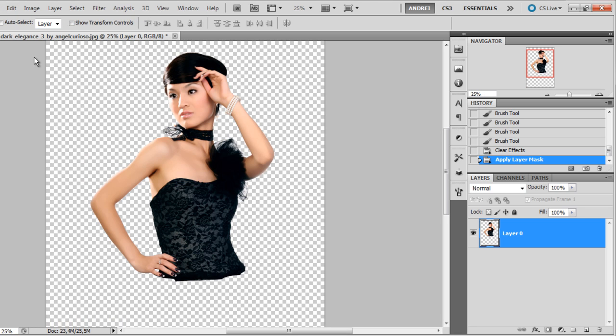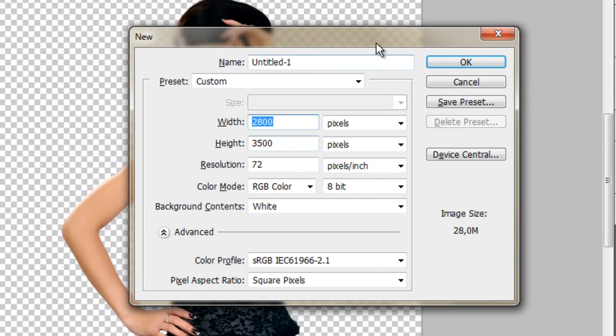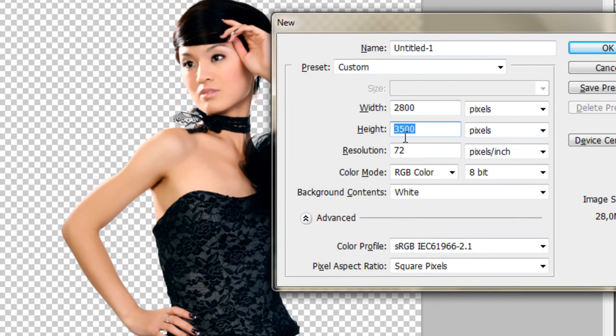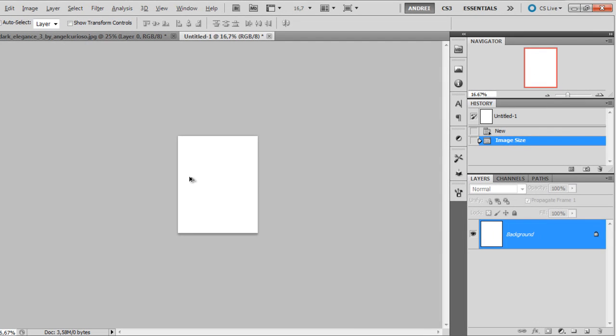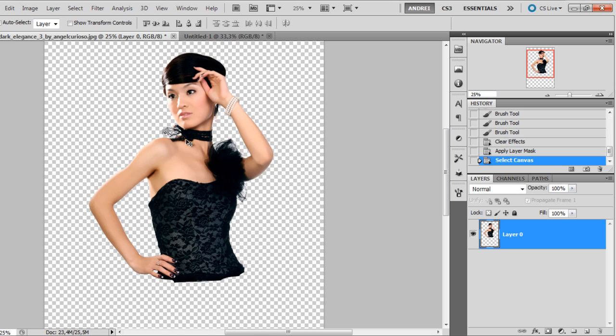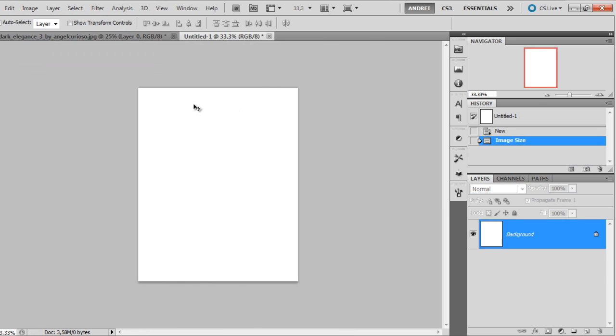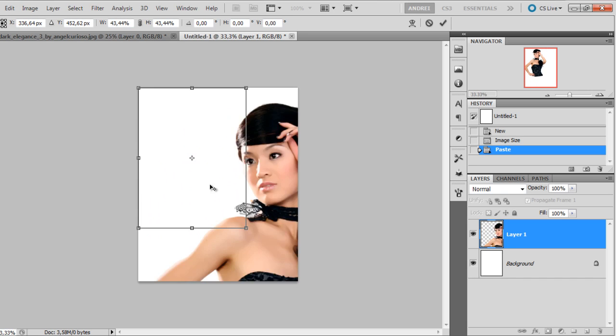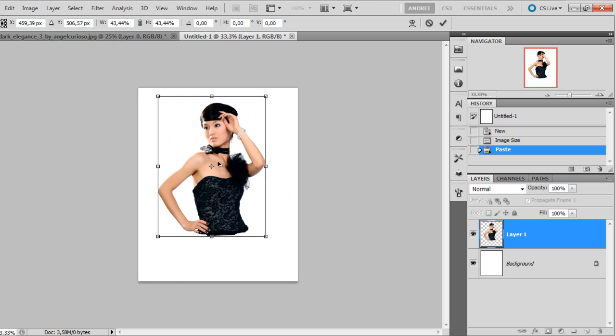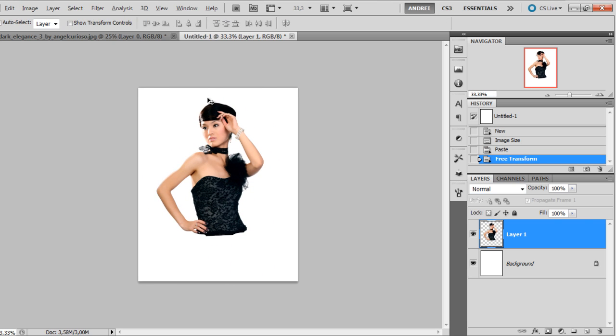So I will create a new document. This is the original dimension that I used when I made the artwork, but because I'm recording the video, I'll use a smaller canvas. For now I'll click OK, and then I will go to image size and I will use 1000 for the width, and the height is automatically set. Okay, and now I will copy this and I will paste it here, and I will make it smaller, something like that. Okay, now I can close this,